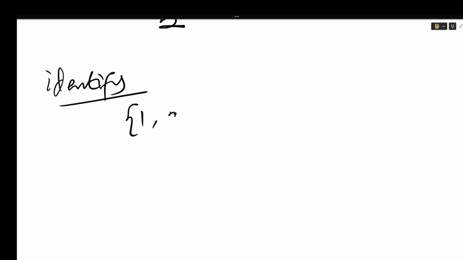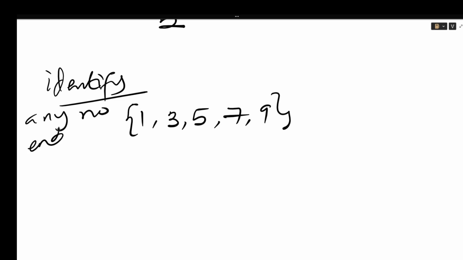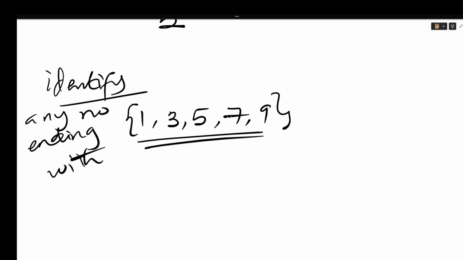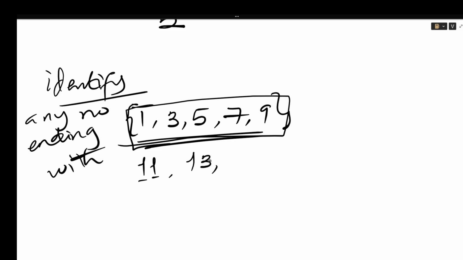So then how do you identify odd numbers? Any number ending in 1, 3, 5, 7, 9, any number ending with any of these is an odd number. Forgive me for that. So for example, all these themselves are odd numbers. So if I add any number, for example 11, now it becomes an odd number. 13, and you could see